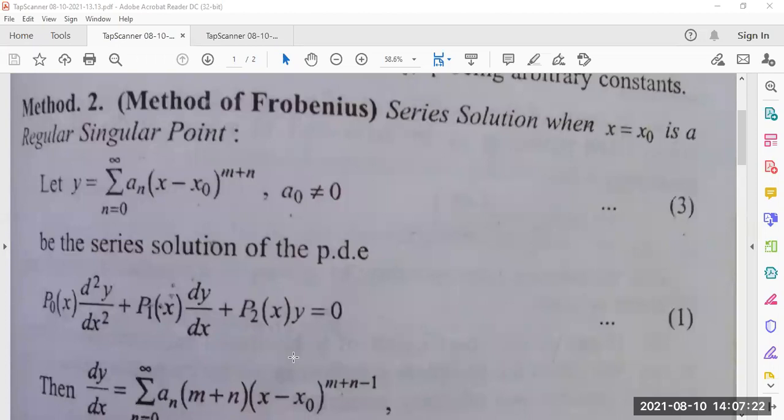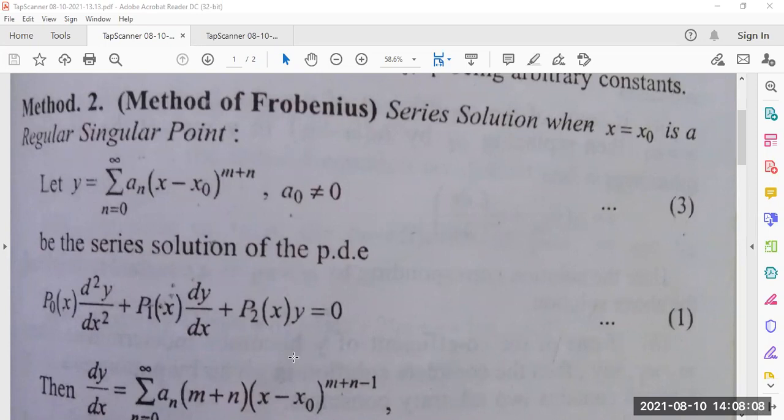You can ask me any kind of question, only don't ask me, sir, give an example. Right now, I will not give an example. In the next class, it is your task to understand the theory. If you do not know the theory, then you cannot solve any kind of series solution. Theory is the most important part, and this theory will be required everywhere for series solutions. That's why I am stressing it here. This Frobenius method is very, very important for you. If you don't know it, you cannot proceed with any kind of series solution.